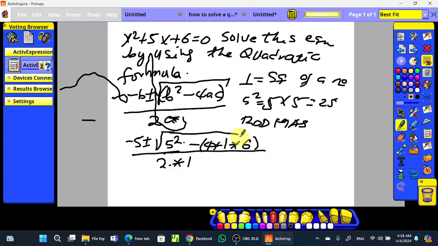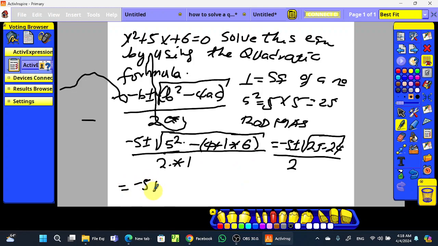As I told you, this 5 square is 25 minus 4 times 1 times 6. 4 times 1 is 4, 4 times 6 is 24, so minus 5 plus or minus the square root of 25 minus 24, over 2